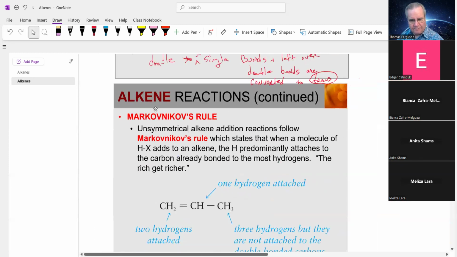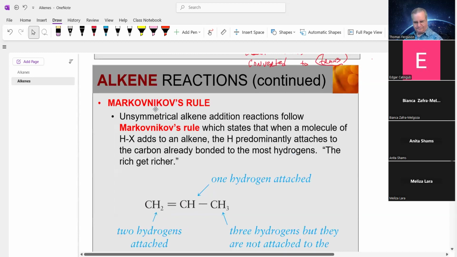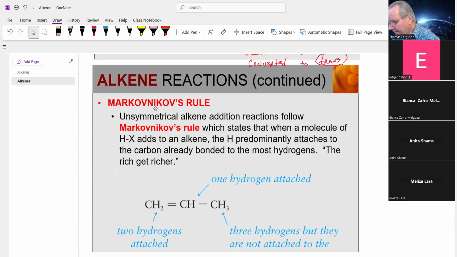Okay, so when we are looking at heterogeneic additions to that double bond, we get a mixture most of the time. Sometimes you don't, sometimes you do. If we get a mixture of different compounds, we then have to figure out which is most stable, and that's the one we're going to circle. Now, there are two rules you're going to go by. One is Markovnikov's rule, which says you're looking at terminal